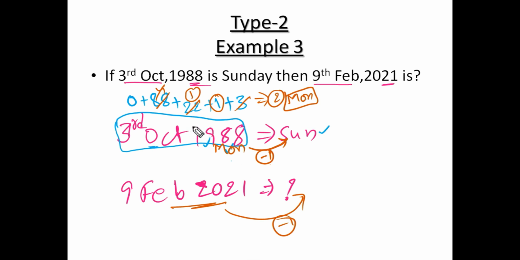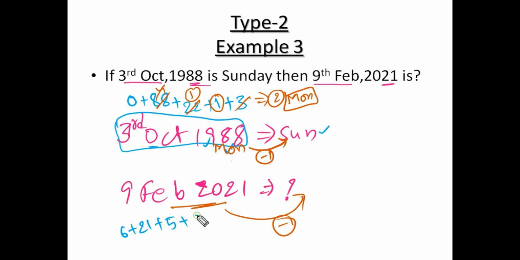So simply we are comparing the actual day with the given day. So here also, what is the actual day? Simply do minus 1, we'll get the answer. So find the actual day for this one. 20th century, 46. How many years? 21 years. Leap years? 5.